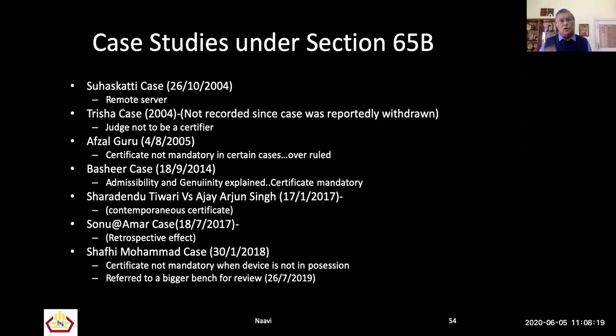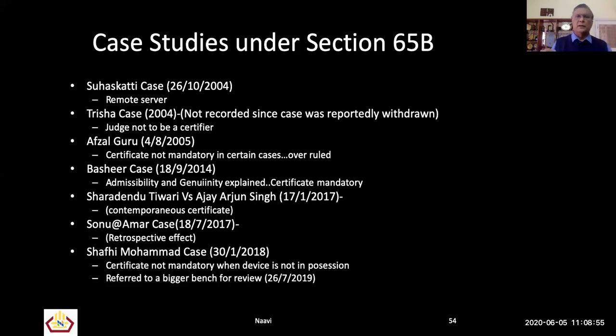Prior to this, in 2004, when we presented this in the Suhas Katti case, it was admitted in the court, but it was a small court. Nobody thought it was creating a precedent. Then in 2005, there was the Afzal Guru case in the Supreme Court, where the Supreme Court, depending upon the exigencies of that case, actually admitted the evidence without a Section 65B certificate, and that became more or less the precedent which went up to 2014, when the Bashir judgment came, when the same Supreme Court, a 3-member bench, said that Section 65B